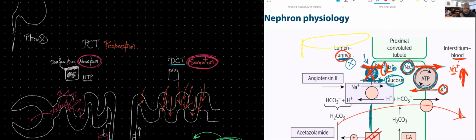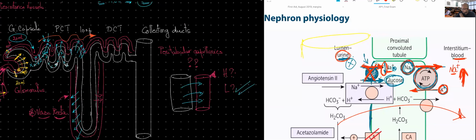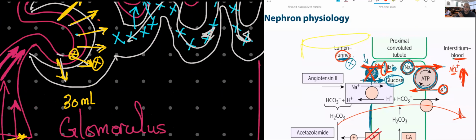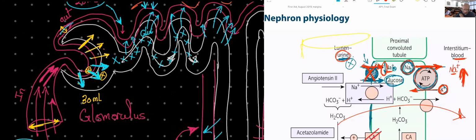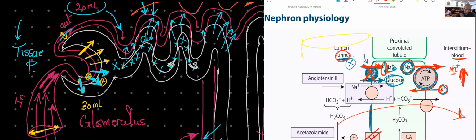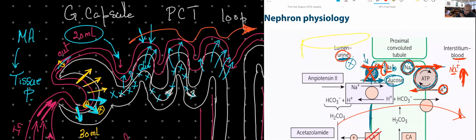So in the glomerulus, what allowed the filtration to take place is actually that I have very high hydrostatic pressure. And this high hydrostatic pressure is created by what? Is created by the tissue perfusion. And remember, tissue perfusion is determined according to your mean arterial pressure. So actually the pressures that allow the filtration to take place in here is mainly, not only, mainly